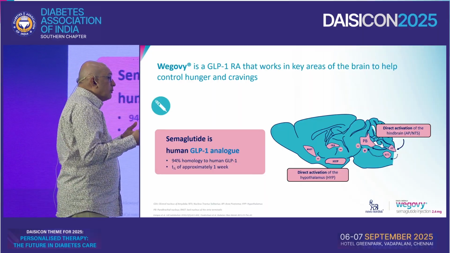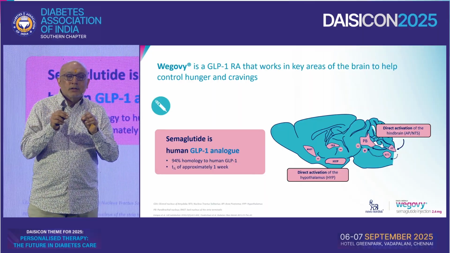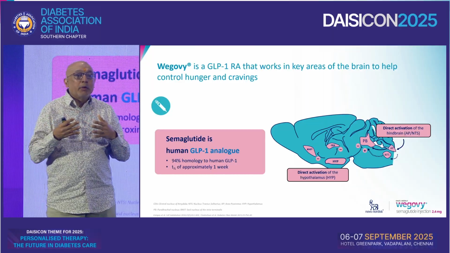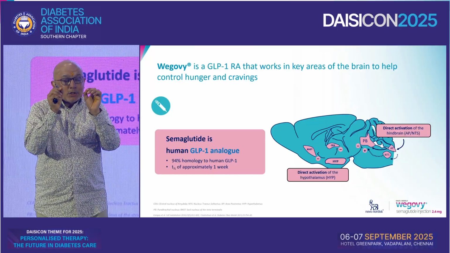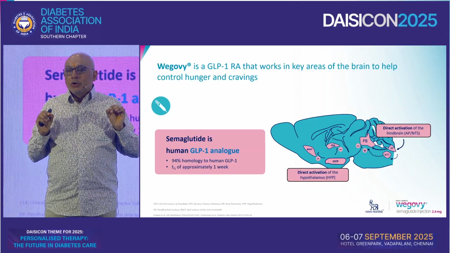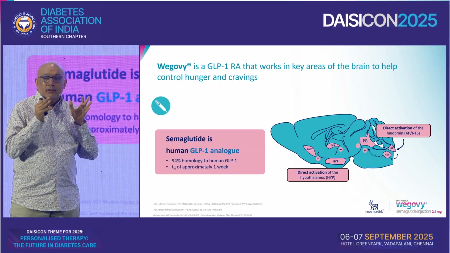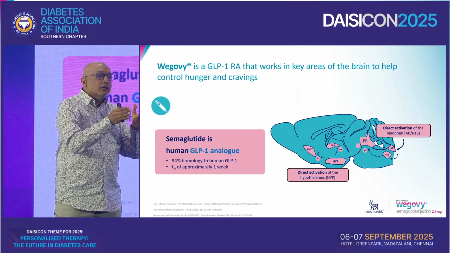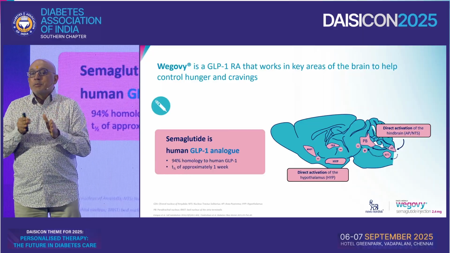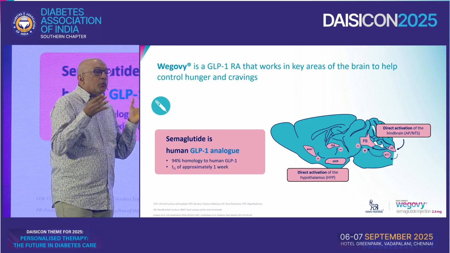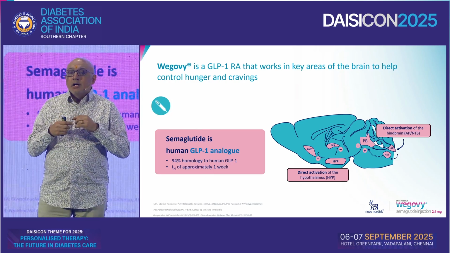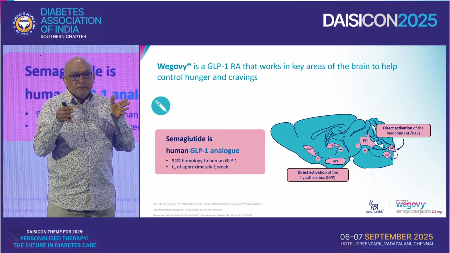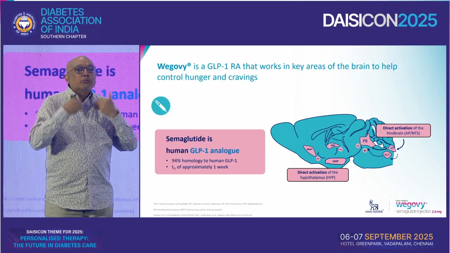There are two hormones involved here. One is the endorphins, which gives you that liking for food. The second is dopamine, which motivates you to go and get that food. So the simplest way to look at this is, we eat because we need it. That's homeostasis. But we eat because we like it. That is reward. Now, because our reward has become more over a period of time, we eat a lot more.